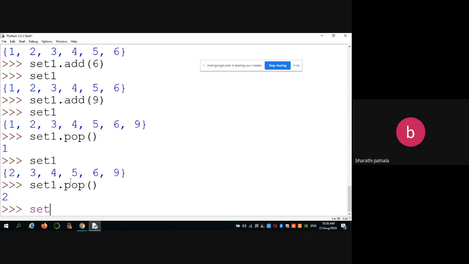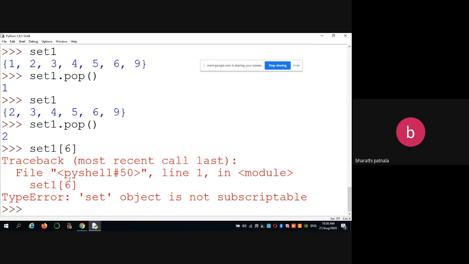If you want to try using indexing, as I already told, we can't use any indexing. If you want to access the sixth element, it throws an error because no subscripting or indexing is allowed. For that, we have only add and pop.